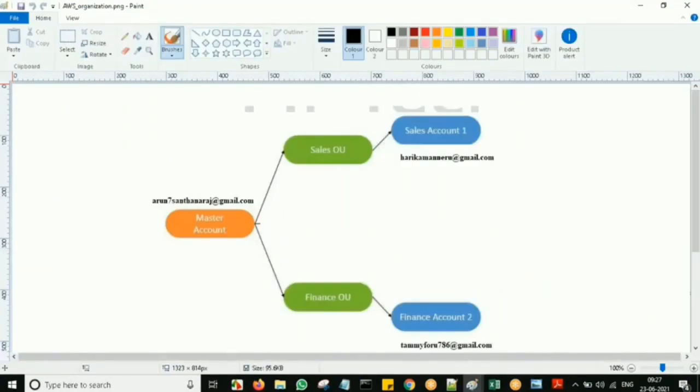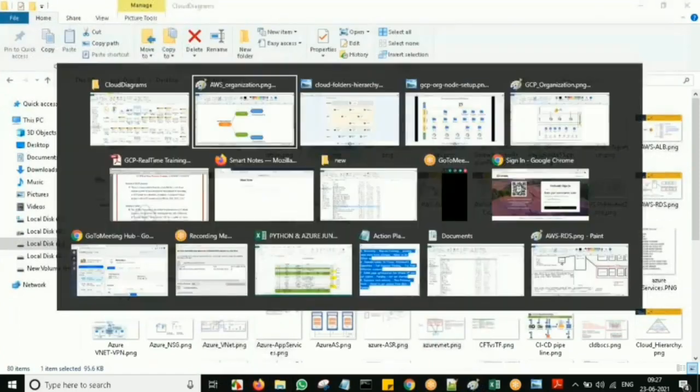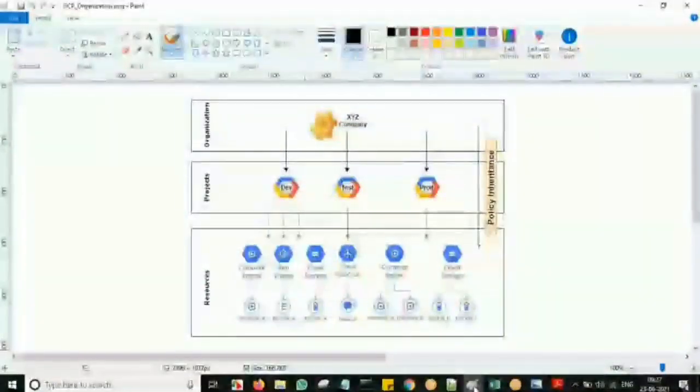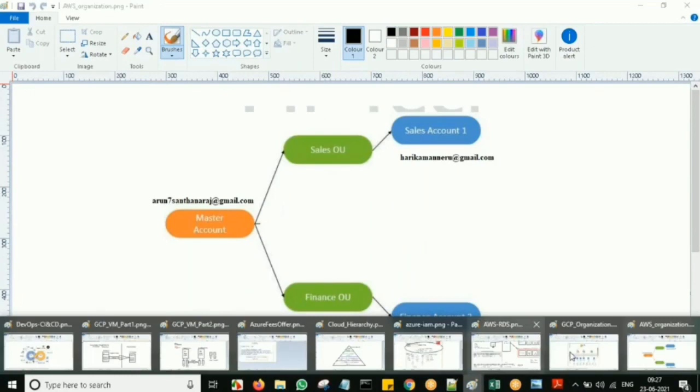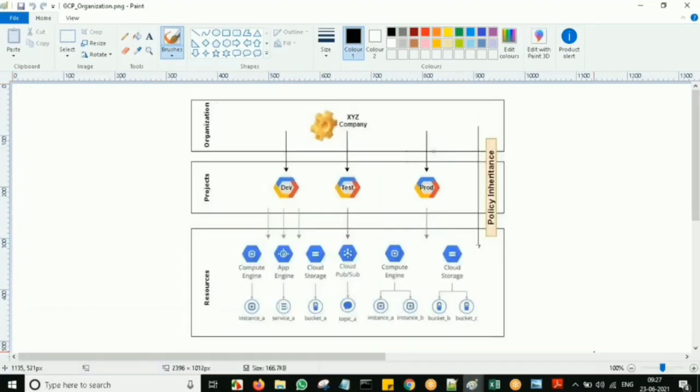You can see in this diagram something called a master account. In the master account we have an organization. Here also we say organization in our GCP. So this organization and the master account organization are the same according to AWS. After the organization in GCP we have folders.